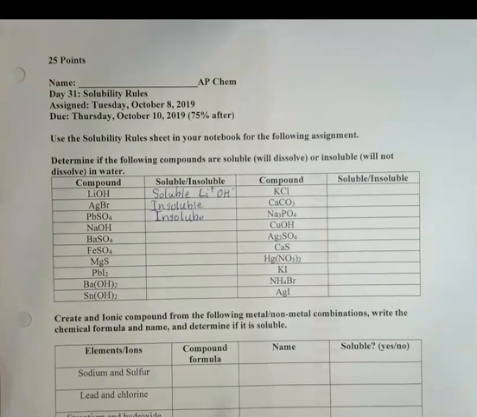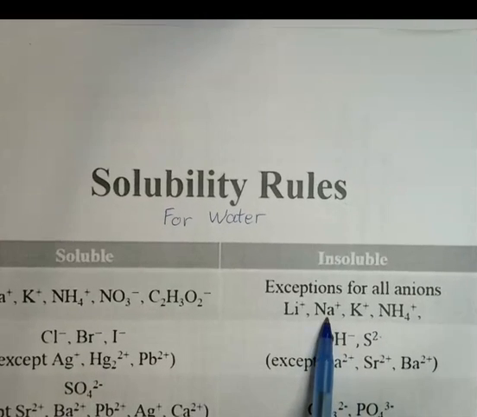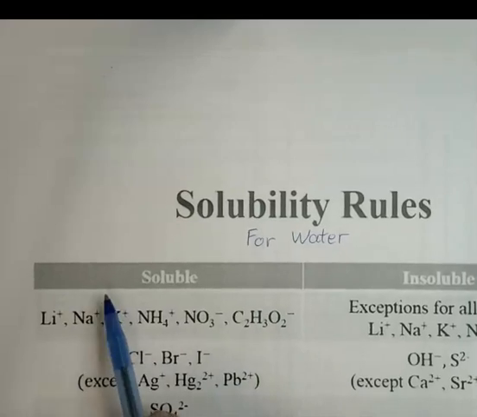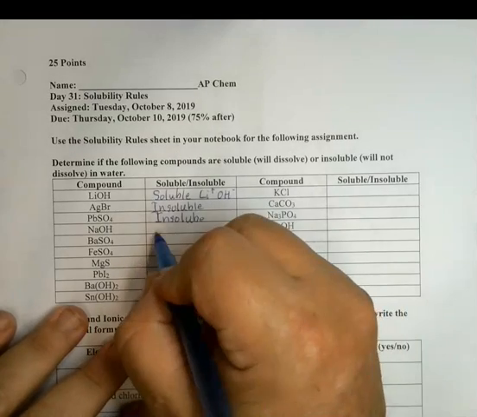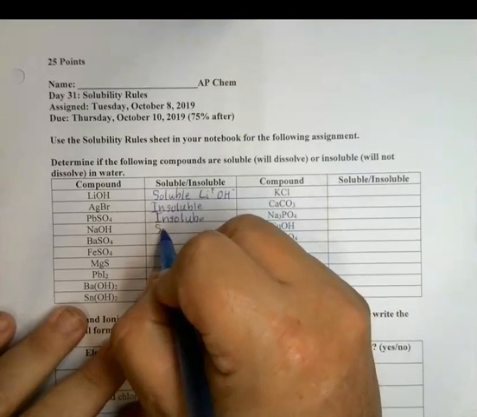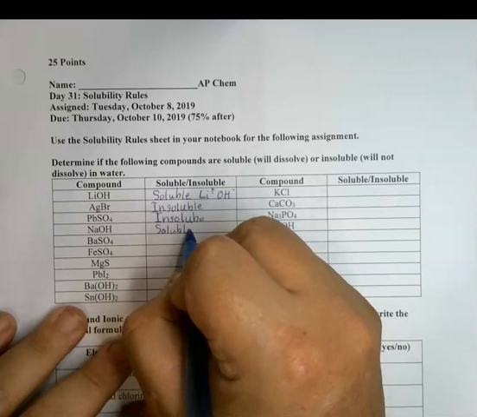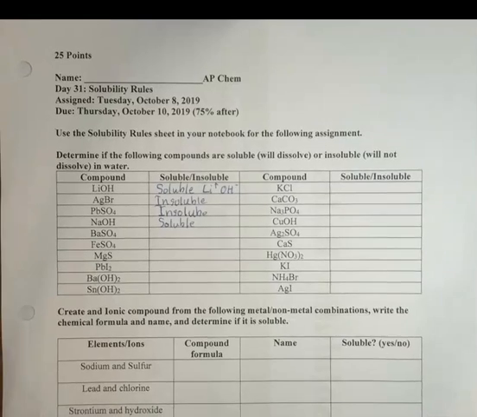Next up is sodium hydroxide. Sodium's one of those that's always soluble no matter what it's attached to. There it is right there. It's also on this side. So sodium hydroxide will dissolve. That is soluble. We're actually going to do a lab where we dissolve sodium hydroxide and measure how much heat comes out of it when it's dissolved. Okay, next